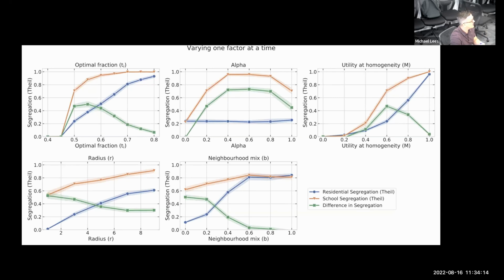We could say, okay, what would happen if we put exactly the same composition preference, right? This TI, this ideal point, we make it exactly the same for all parents, for their residential and for their school. What actually would you see happen?